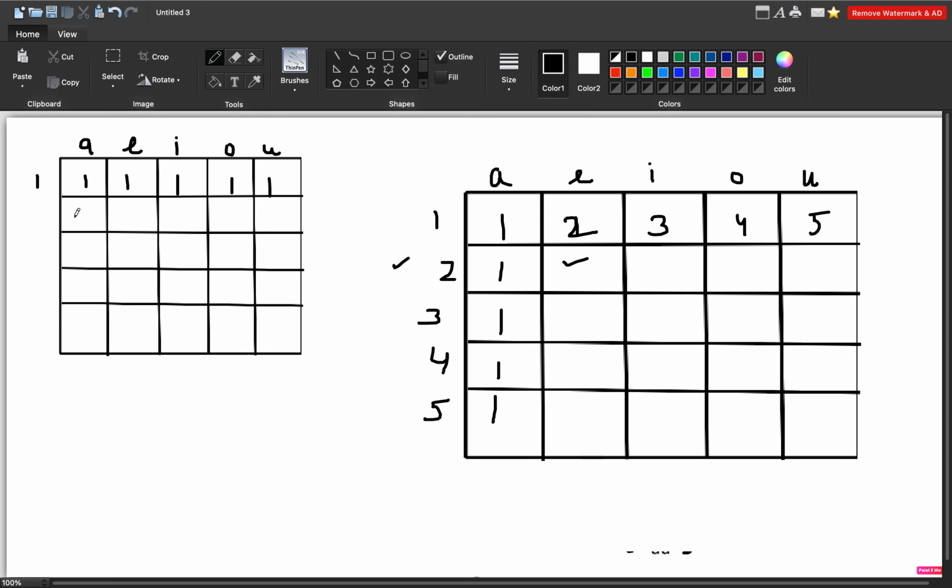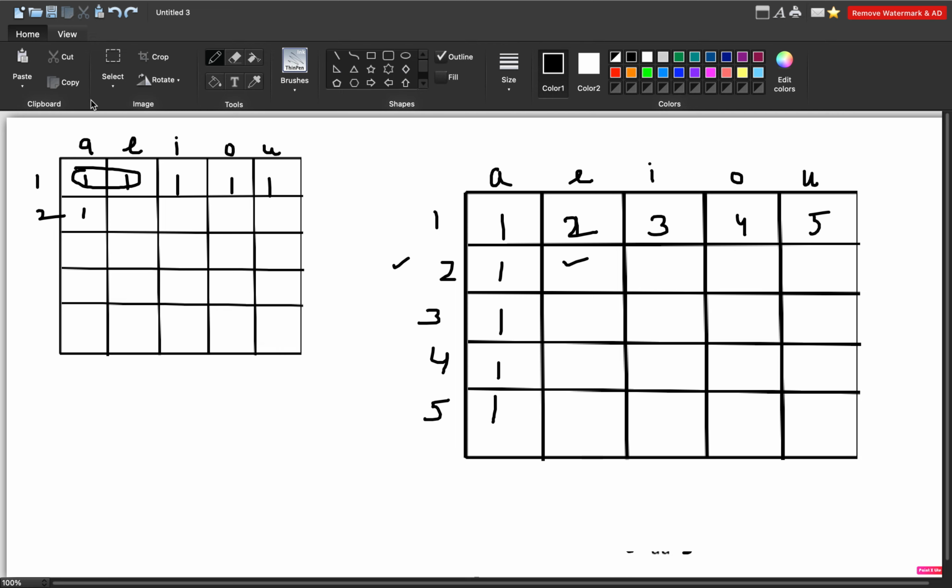Similarly for n equal to 2, it will be 1, but here we need the sum of these two. So here we will require some extra for loop every time. Similarly for this index we will require one more for loop, and similarly for this index, one more for loop up till all of this. So for each of the n square indices, we will require n for loops, so n square into n. This is how the time complexity goes up to n cube.